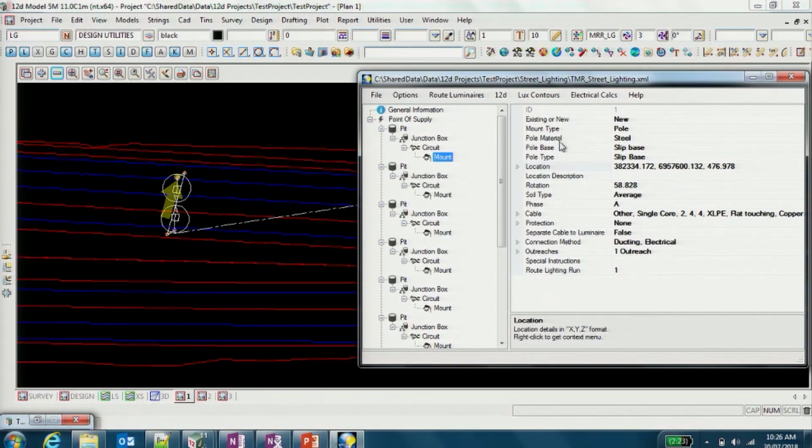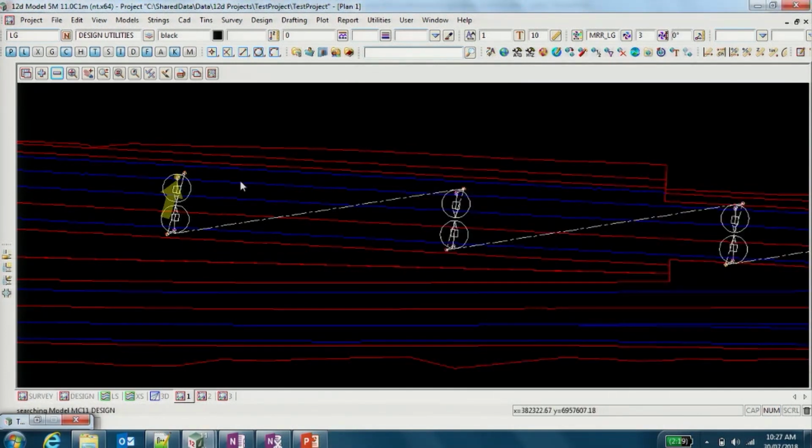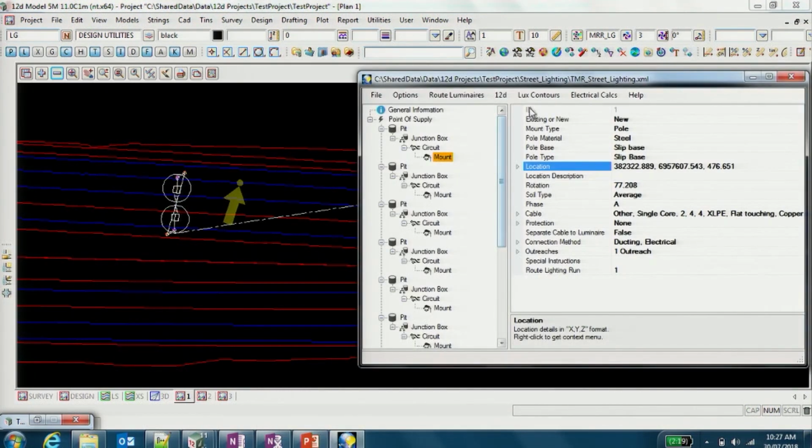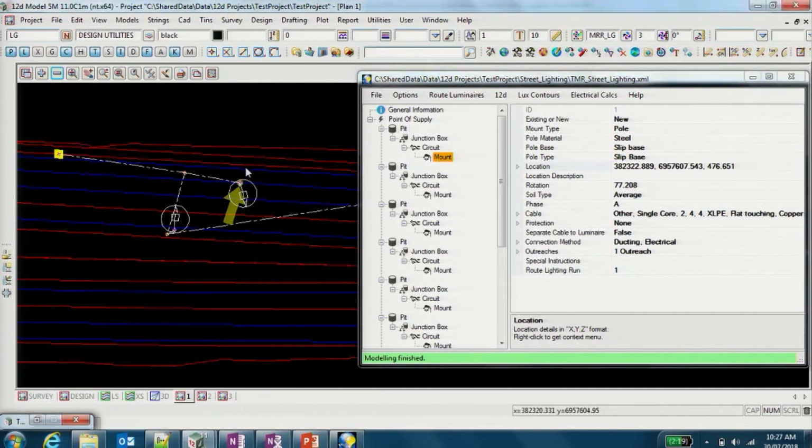If you want to move it, just go into location, get point and rotation to get the alignment, the angle of the luminaire. So for the sake of this, it moved it, and then you go about doing all that sort of thing. The main data source is inside this panel here, which is the XML file that's been saved behind the scenes. And all the attributes are there because you've set it. Now, once you set that there, and when you're happy with it,